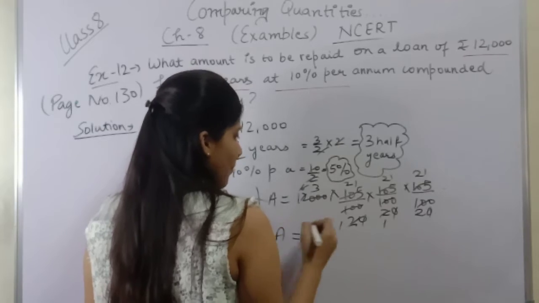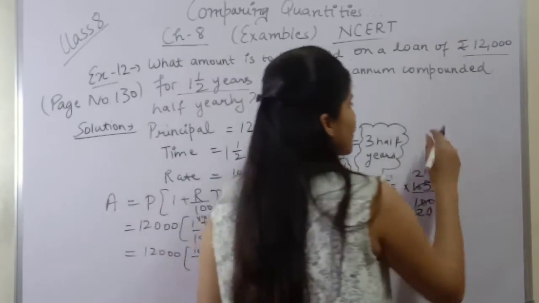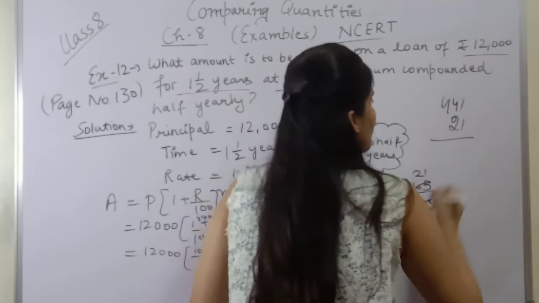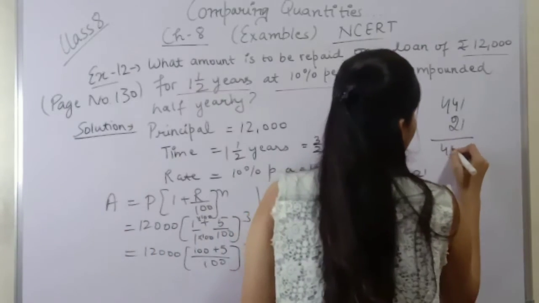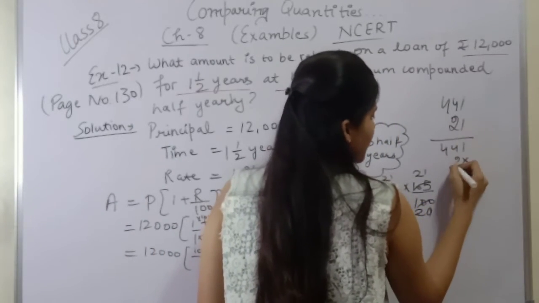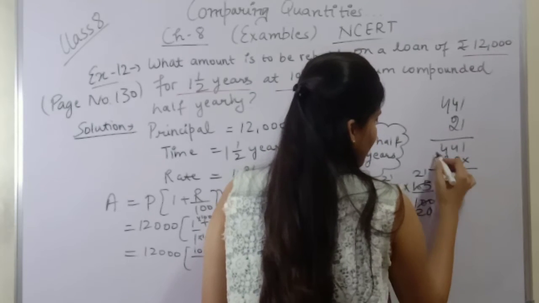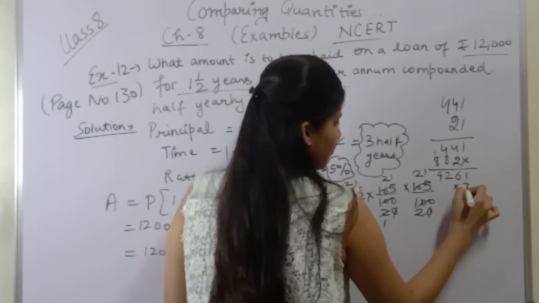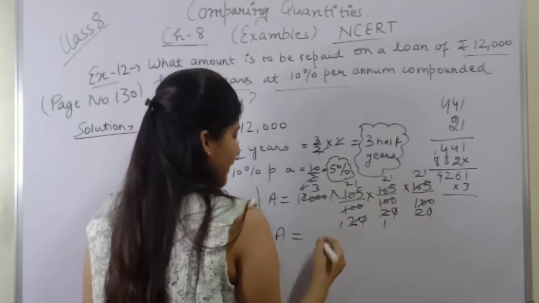So basically the amount comes out to be, first we have to cube 21. So 21 into 21 is 441. Now let's multiply it once more by 21. So this will be 441 cross 21: 2 1s are 2, 2 4s are 8, 2 4s are 8. So this is 9261. Now 9261 into 3 also has to be done because there is a 3 as well, and then upon 2 also.